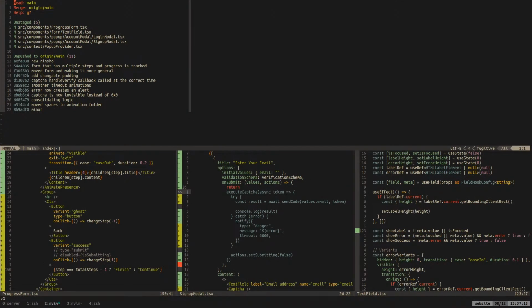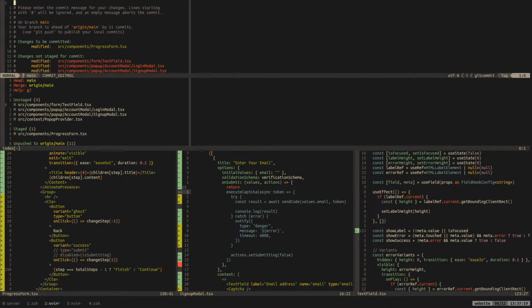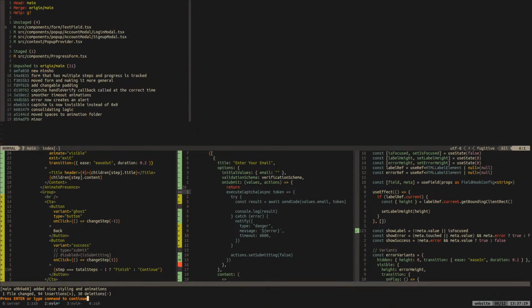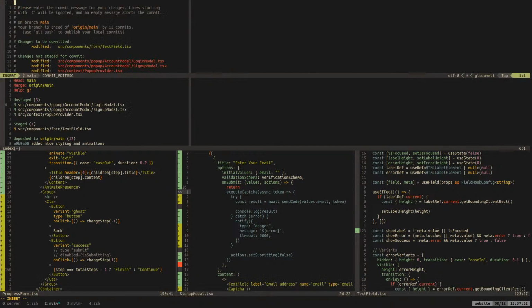I gotta do thingies. Let me see. We added a nice styling and animations. For this, what we did was we improved how we determine which inputs contain text.